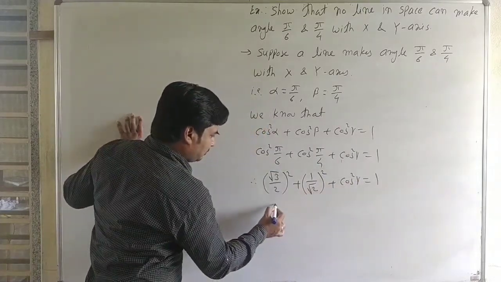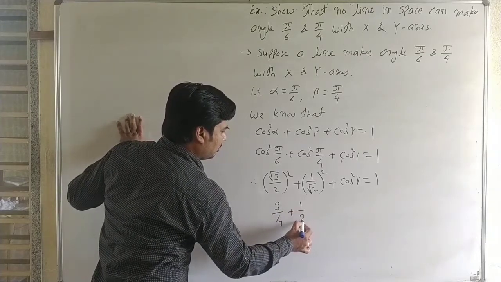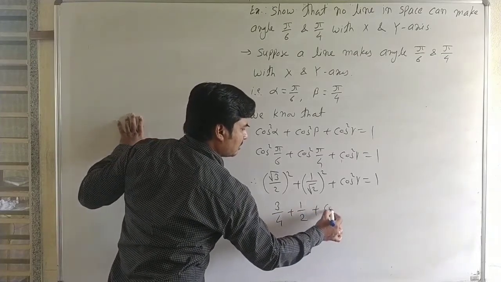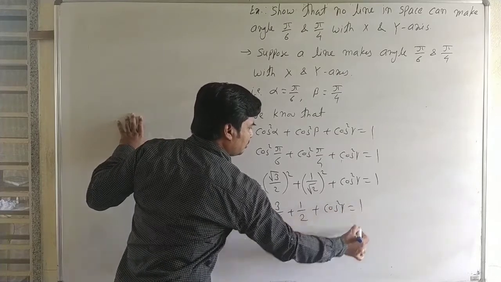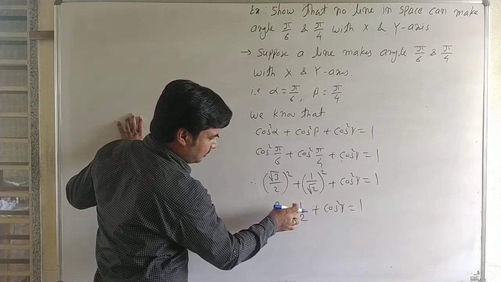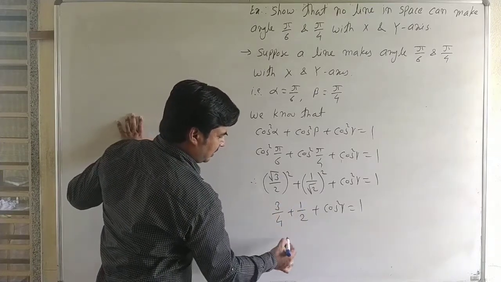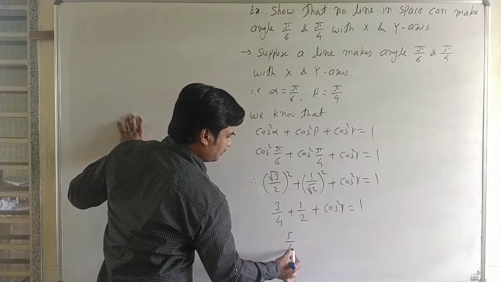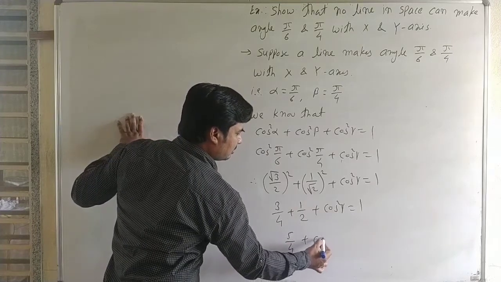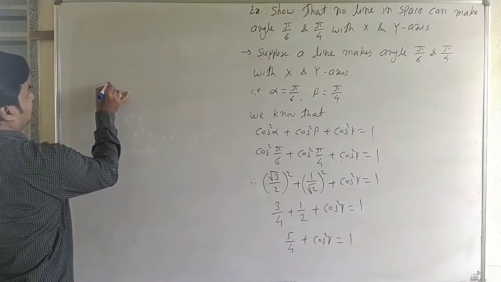Now it is 3 by 4 plus 1 by 2 plus cos square gamma is equal to 1. Then 3 by 4 plus 1 by 2, it is 3 plus 2 upon 4, it is 5 by 4, plus cos square gamma is equal to 1, and therefore